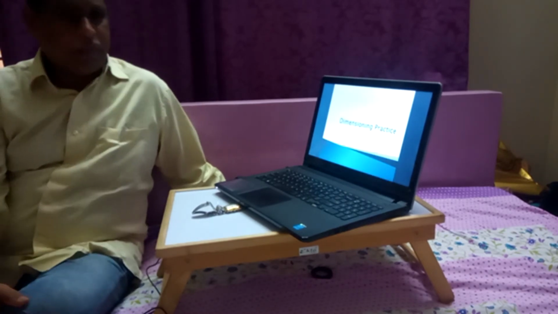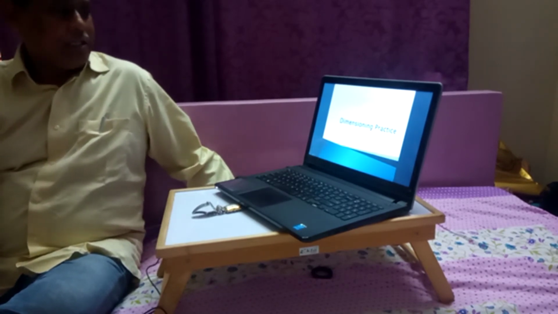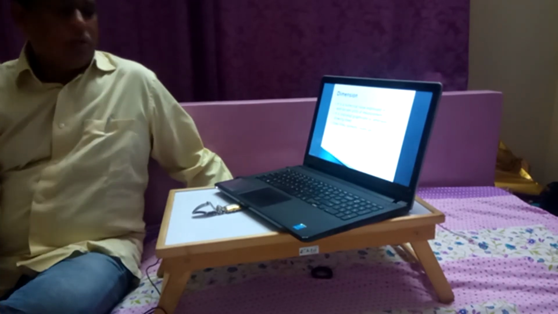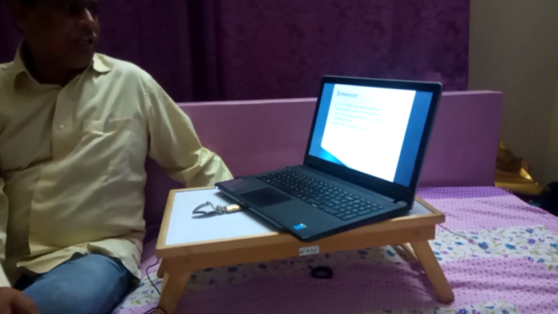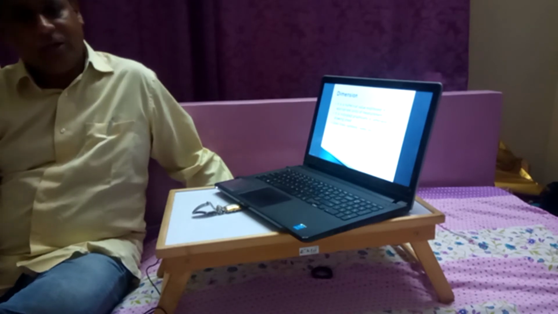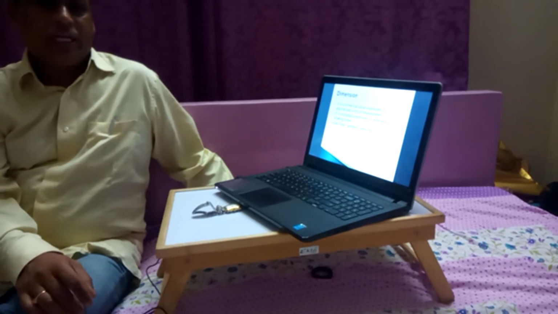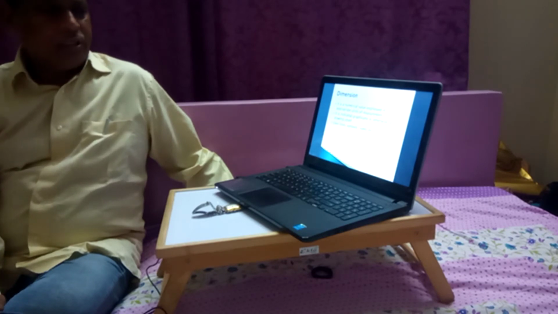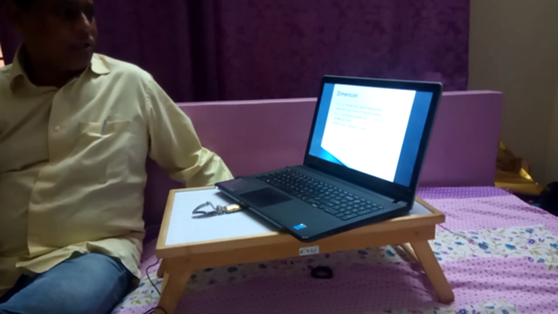In the second part, we will be dealing with the topic of dimensioning practice. So what is dimensioning? When we draw any drawing, we give the value of the measurement, that is the numerical value expressed in appropriate units. The numerical value given for the measurement is called the dimension. It is indicated graphically or otherwise on a drawing sheet. It uses lines, symbols, notes, etc. So while giving the dimensioning, we write symbols, notes, lines, etc.